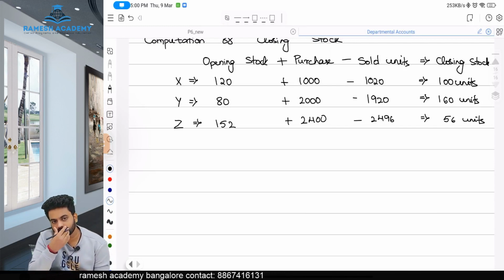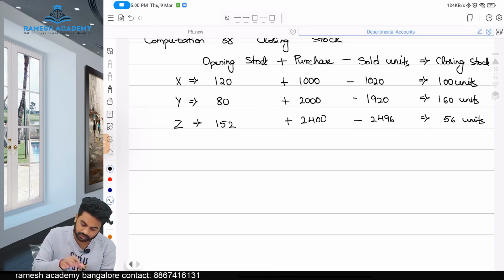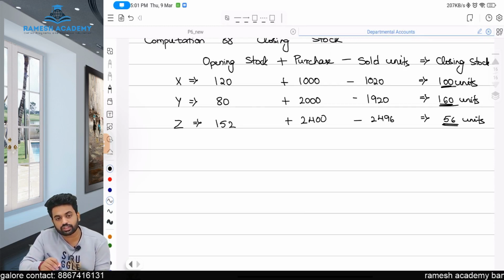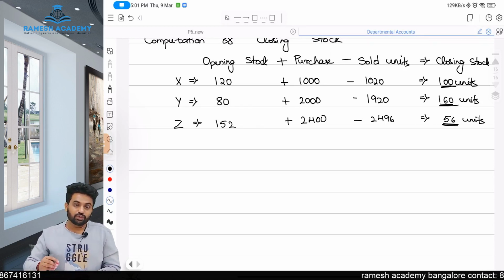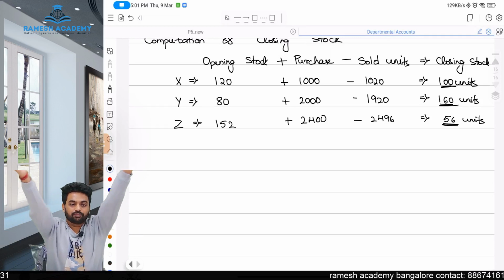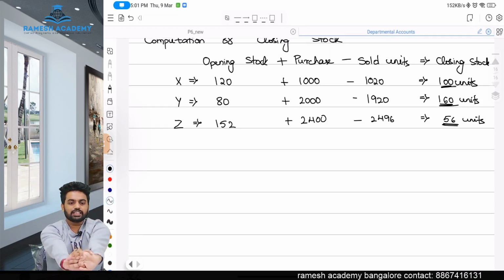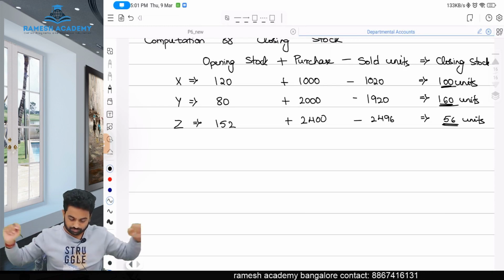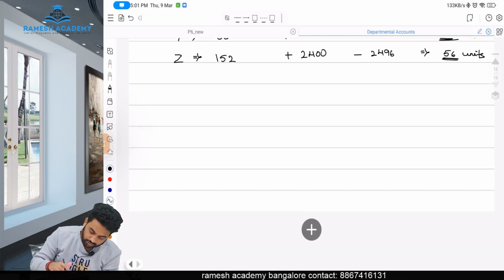56 units. Okay, sir, done. Now everything is fine. We got to know how much is the closing stock units. We know how much is opening stock unit. We know how many units we purchased. But we don't know what is the purchase price per unit. That only we have to multiply with opening stock and closing stock. So we will compute a